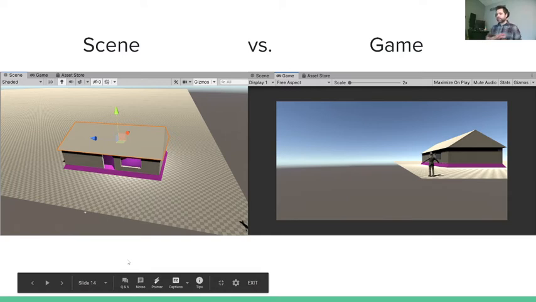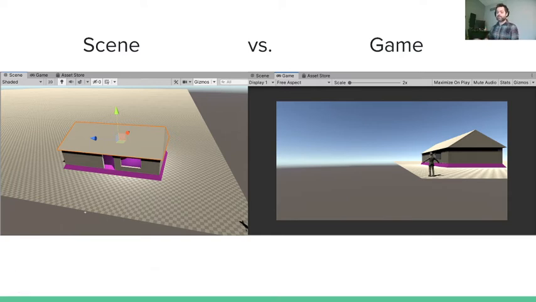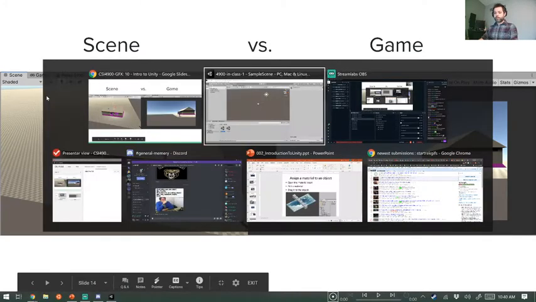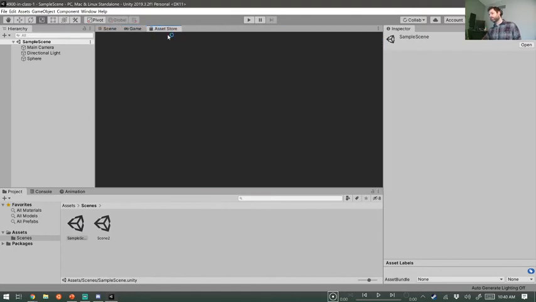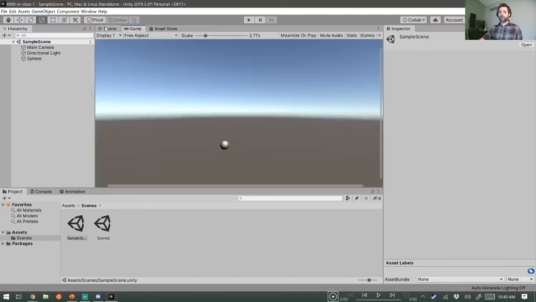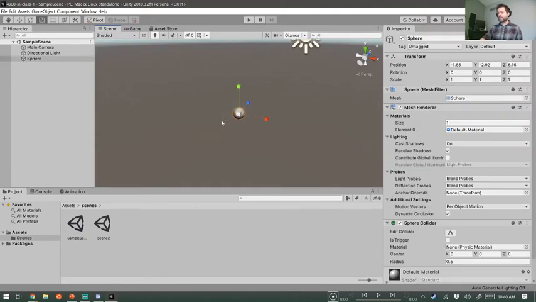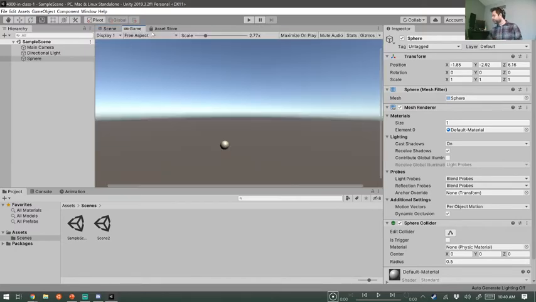But these two views, since I forgot to talk about what a scene is, the scene view, which we have here, it's going to be these little tabs at the top. And I added asset store because we're going to look at that later. Basically, if you go to your package manager, you can look at the asset store. I just made it a tab here because I'm going to be using it later. But the scene view, you have a more typical kind of a 3D modeling framework where I can play with my properties. I'm kind of transforming this sphere into a little bouncy puddle type of thing. So undo that. But the game view,